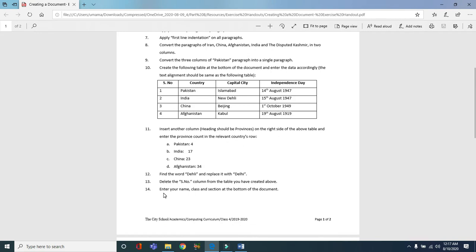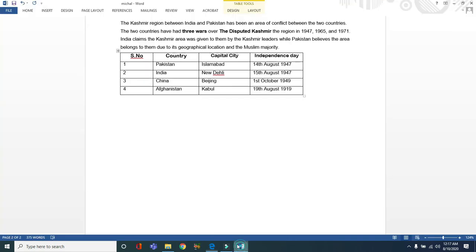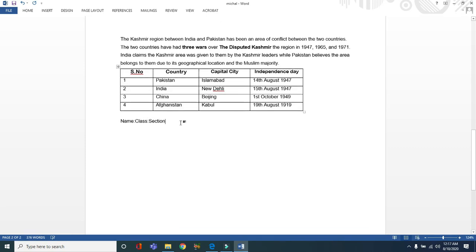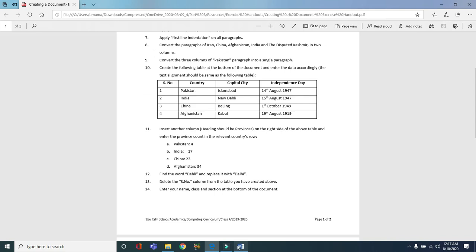So the next step is enter your name, class and section at the bottom of the document. So we have to write name, class, section, and we can create spaces by pressing the tab button in between. We can type our name here, we can write our class here, we can write our section here. Afterwards,